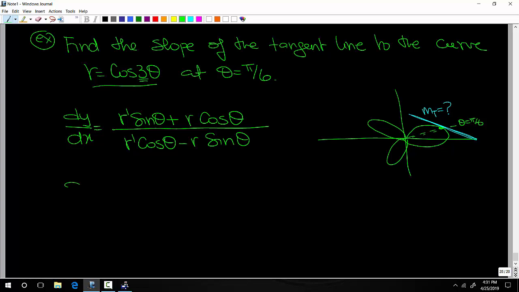Okay, so we get dy over dx is equal to, what's the derivative of this? That's what we need. The derivative of cosine is negative sine, and the chain rule will give us a 3, so